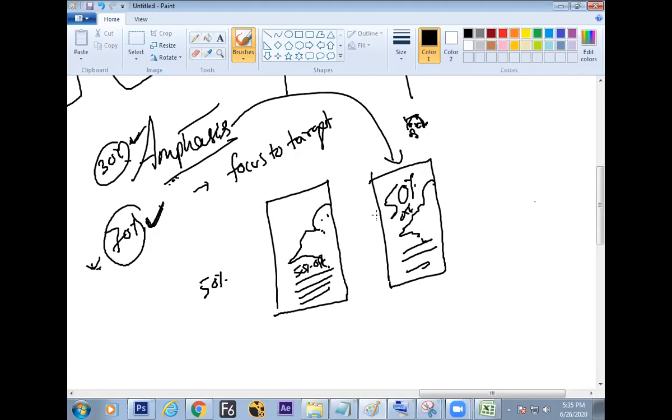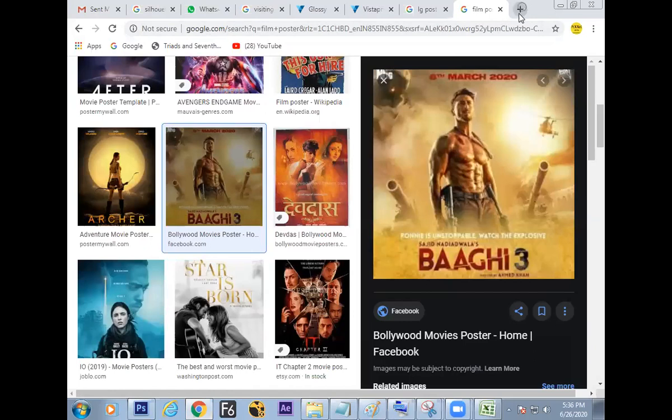But how to dominate? The size may be a factor. The position may be a factor. The color may be a factor, or the angle may be a factor. So here you can see the contrast is created by the position, color, and angle. And it is to be maintained by the artist. Hope you have understood what emphasize is and the importance of it. And let us see some examples on the screen.